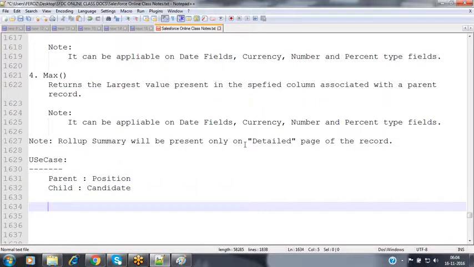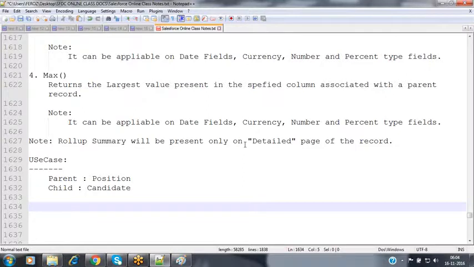For each and every position, one or more candidates are going to apply. Now I want to know, for a specific position, how many candidates have applied as of now. Based on that count, I would like to plan the interview schedule. If more than 100 candidates have applied, I want to conduct the interviews next week, schedule-wise: Monday for a few people, Tuesday for a few, Wednesday for a few, Thursday, and so on.